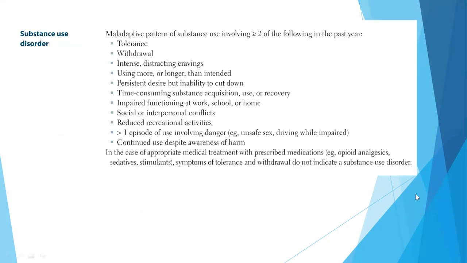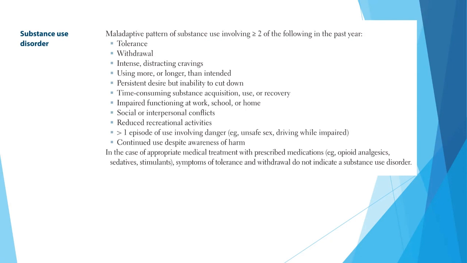Now, talking about substance use disorder. This is a maladaptive pattern of substance use involving two or more of the following in the last 1 year: tolerance, withdrawal, intense or distracting cravings, using more or longer than intended, persistent desire but inability to cut down, time-consuming substance acquisition, use or recovery, impaired functioning at work, school, or home, social or interpersonal conflicts, reduced recreational activities, more than one episode of use involving danger, for example unsafe sex or driving while impaired,